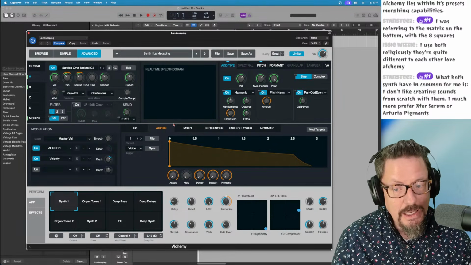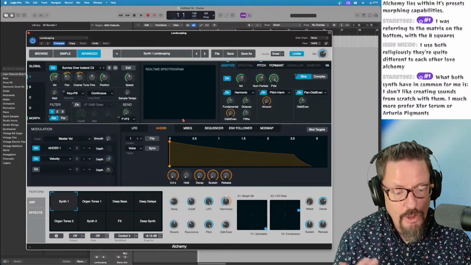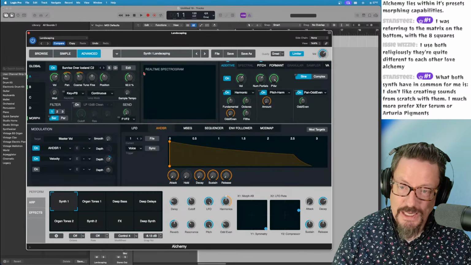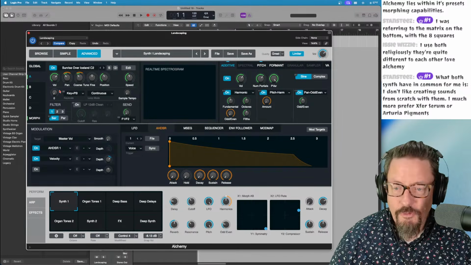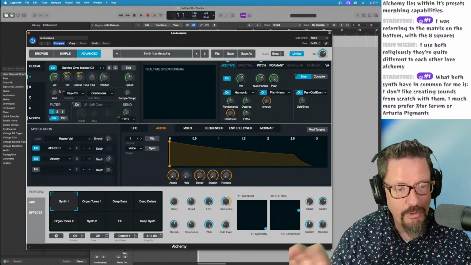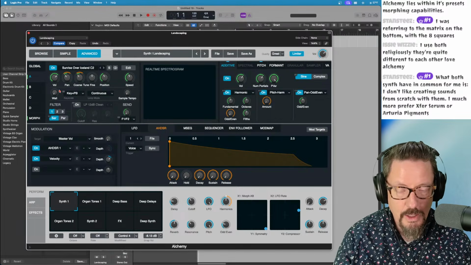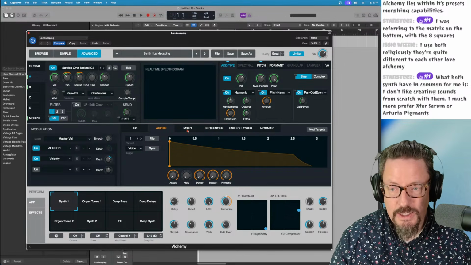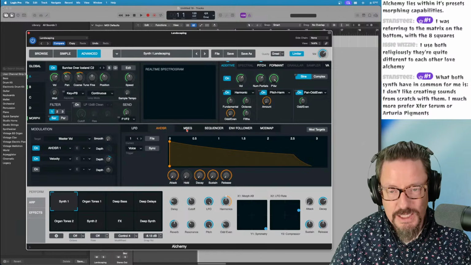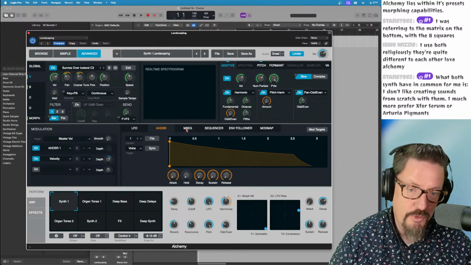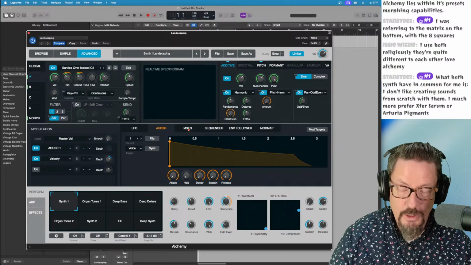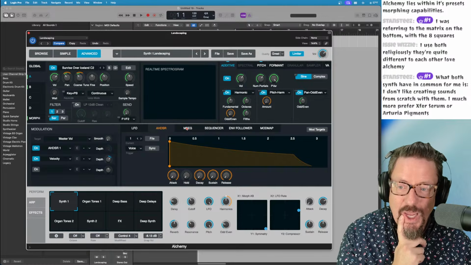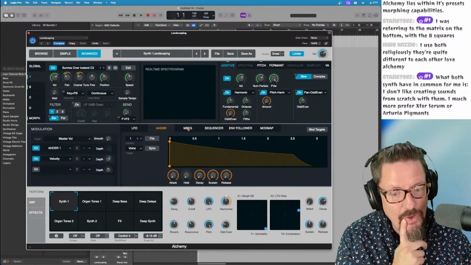But that doesn't mean that Alchemy couldn't have all of that stuff, because I really feel like a lot of the features beyond that, the effects in here, the filters, the envelopes, the arpeggiator, almost all of the features between the two overlap a lot. What's different is what was included as the preset foundation for the two, what you could include with it. Now, I do feel like there are some ways that we could get around that to a certain degree.